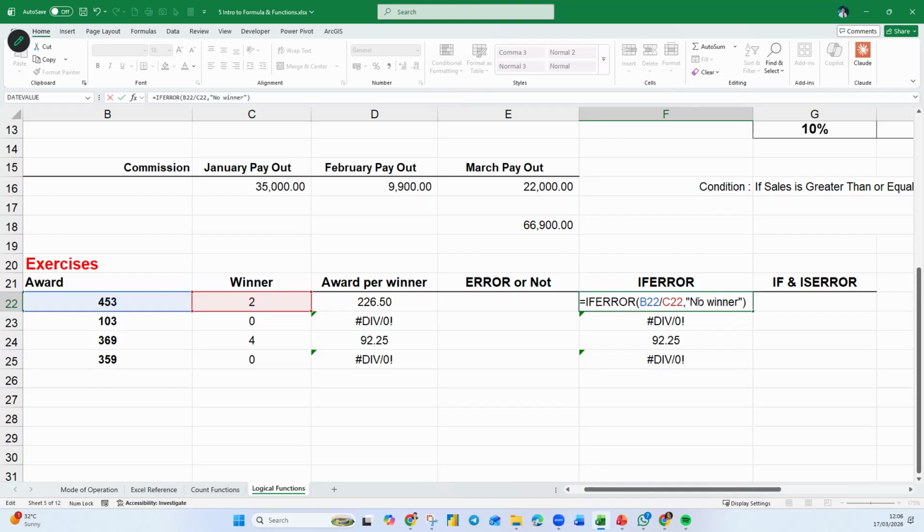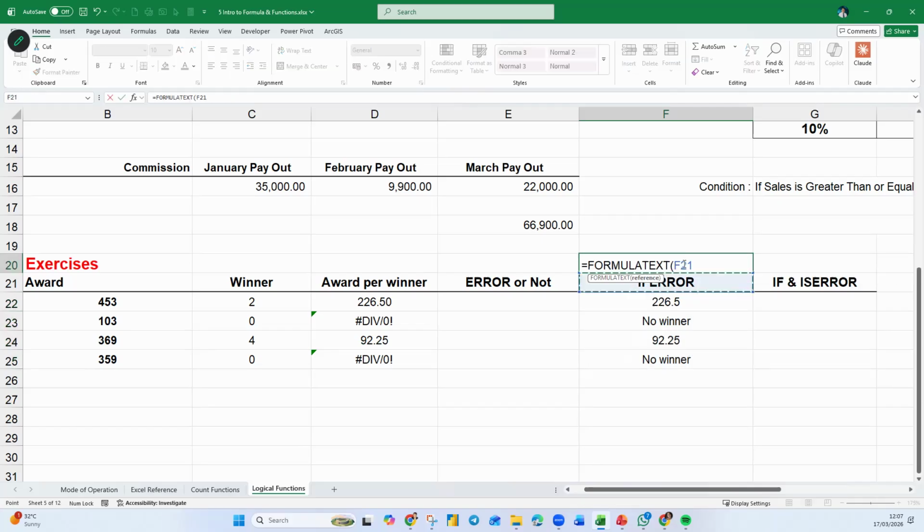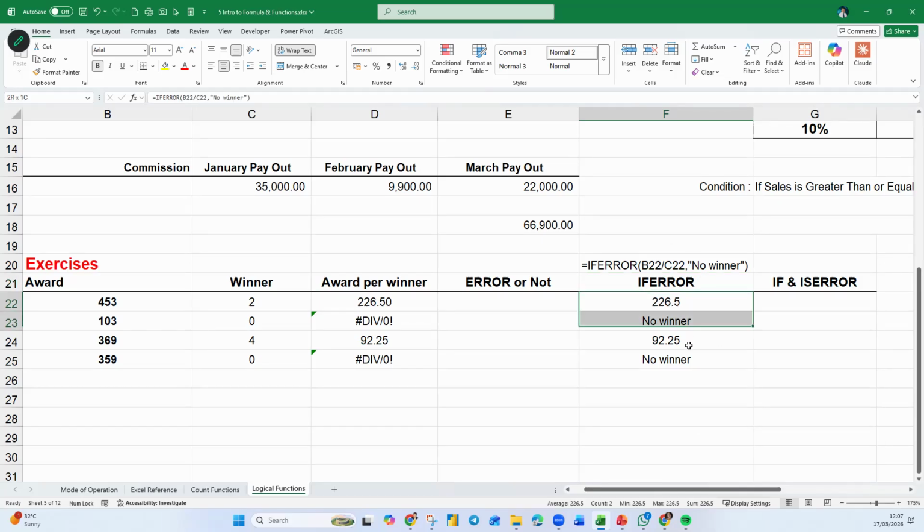You comma, then you tell them no winner. So if I copy this down, all those with errors have now changed to no winner. Okay, I put the formula up here. No winner. If it can calculate, it will show you the amount.